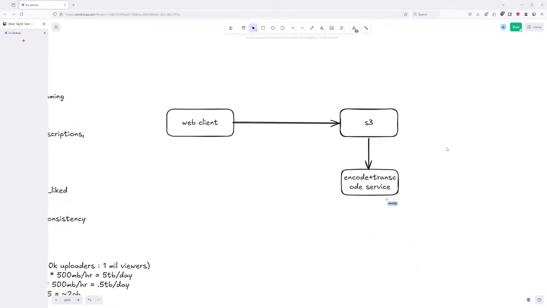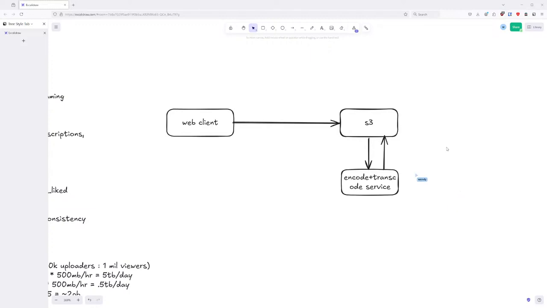And then after that the video will be put into S3 as well, but probably a different bucket or destination just for the encoded videos.